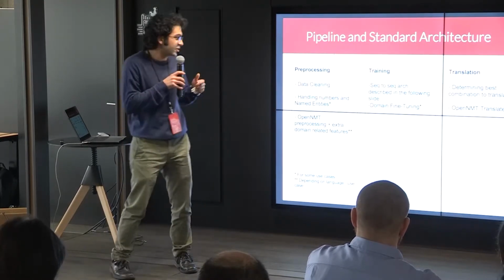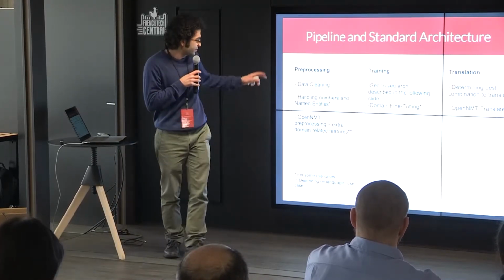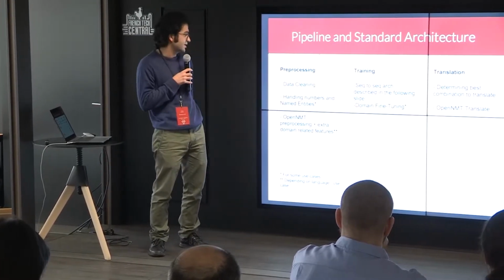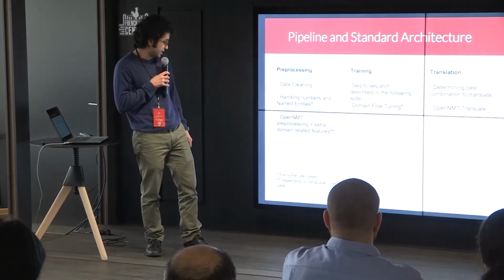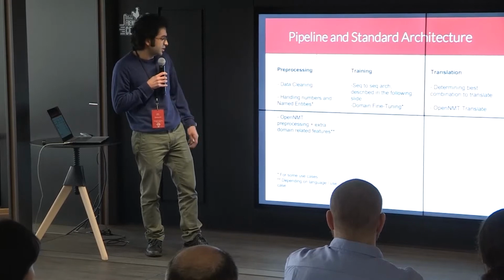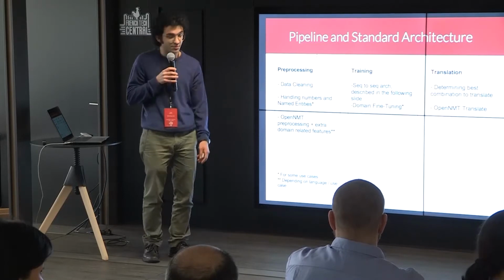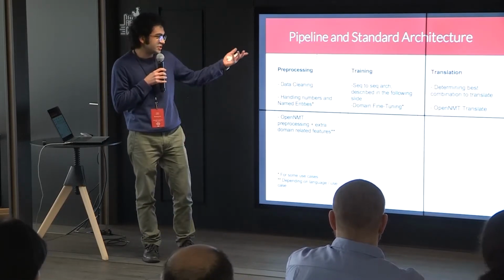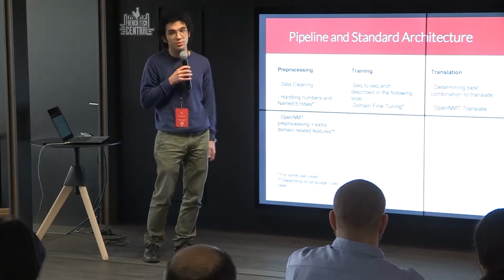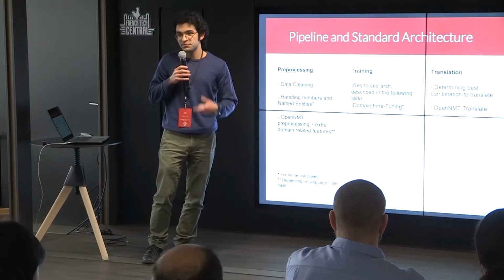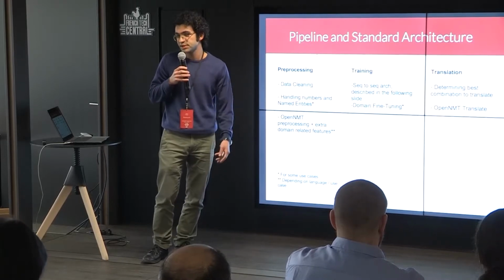So this is our basic pipeline, more or less. We start with pre-processing and data cleaning, and for some use cases and languages, we handle numbers and named entities. We'll discuss this later. Then OpenNMT pre-processing, where we add some domain-specific features also. Then we train a sequence architecture, which is described in the next slide. Sometimes we do domain fine-tuning, either for a specific domain like hotel descriptions or room descriptions, or in other cases like